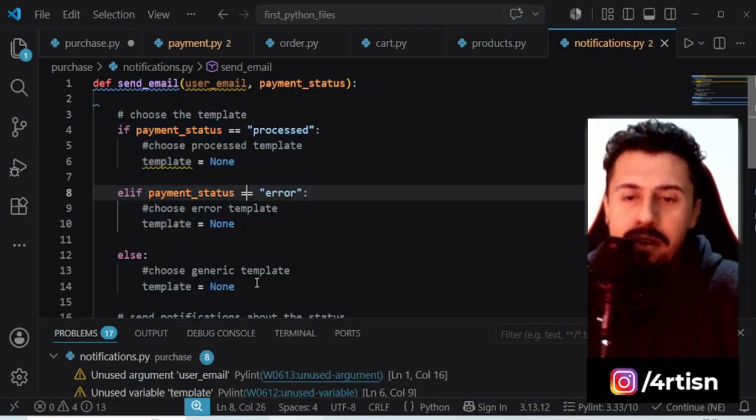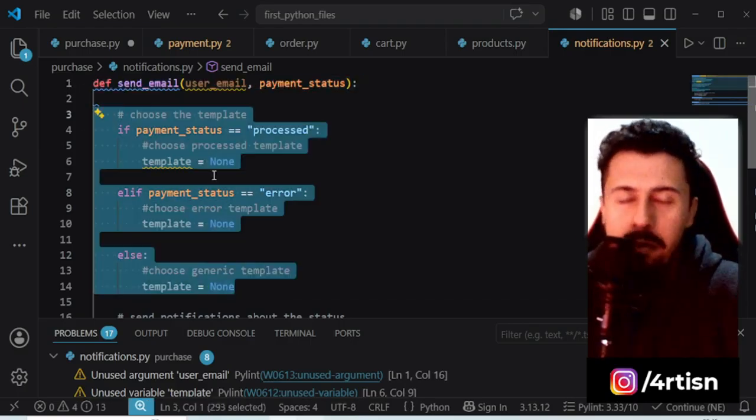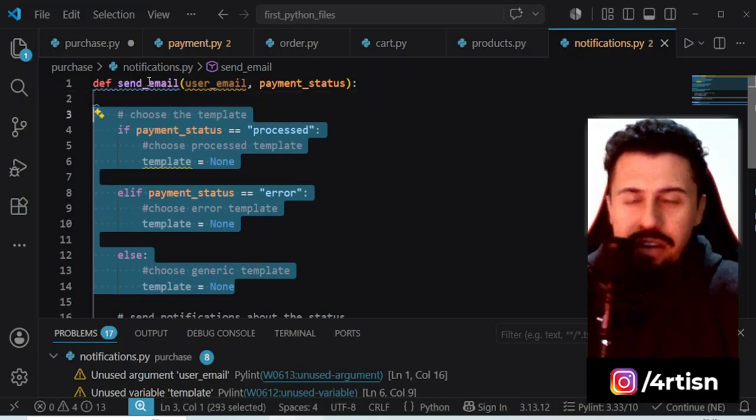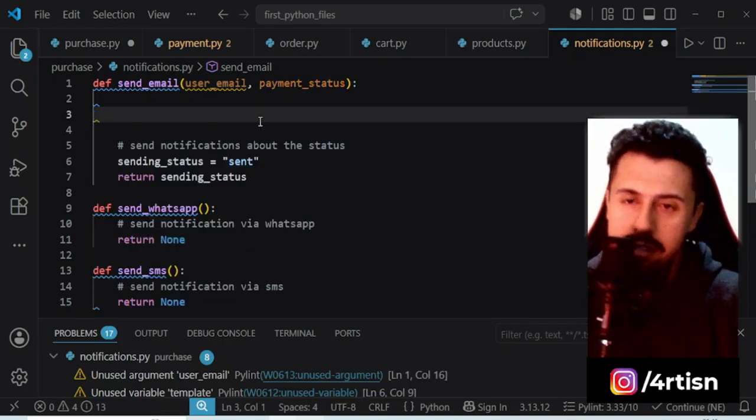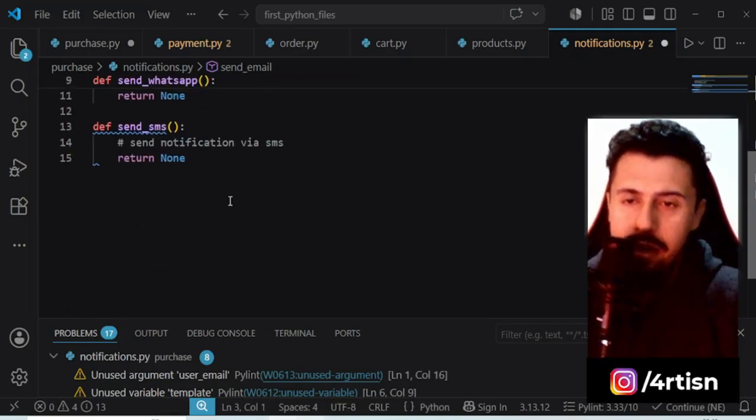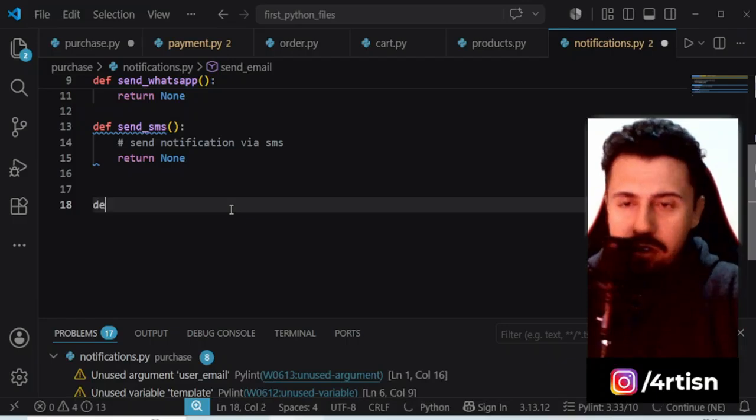So of course, choosing the template is part of the process, but should not be inside of the function send email. So let me cut this and create another function called choose template,